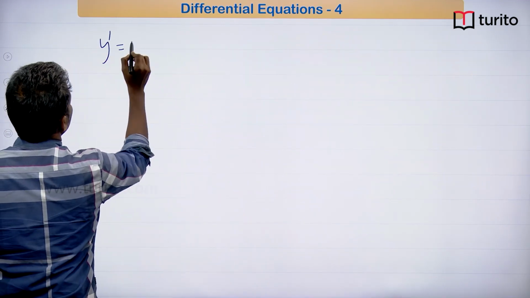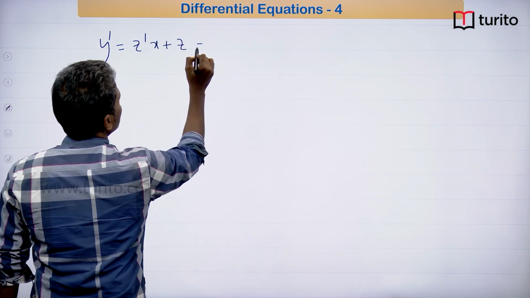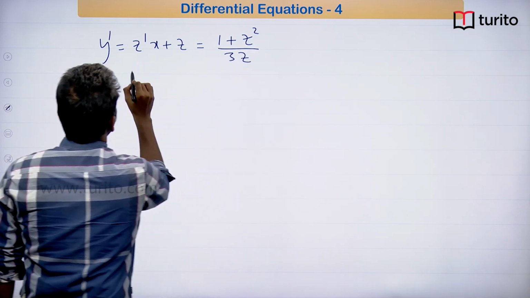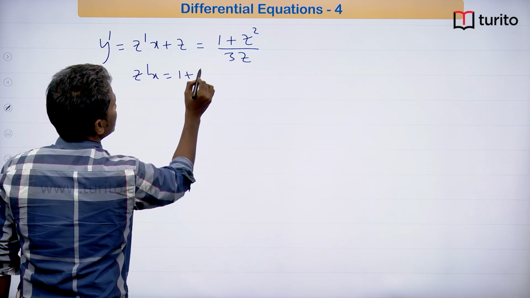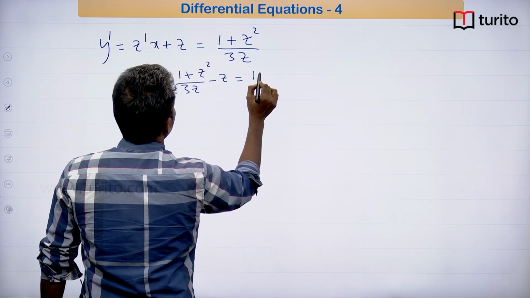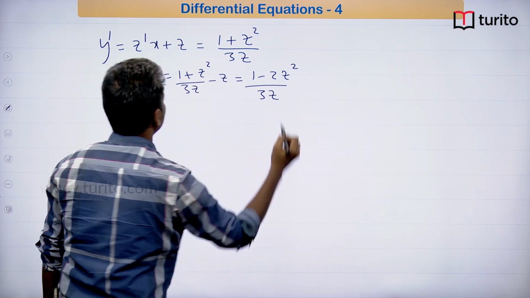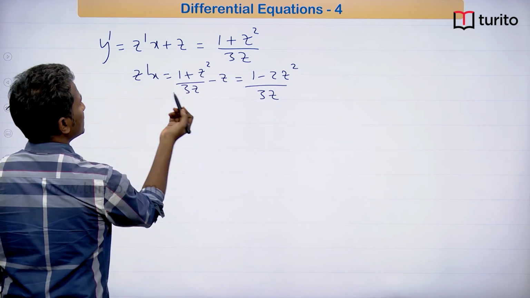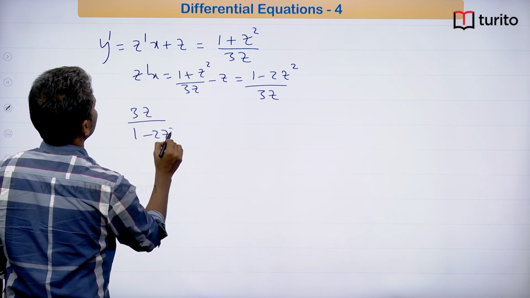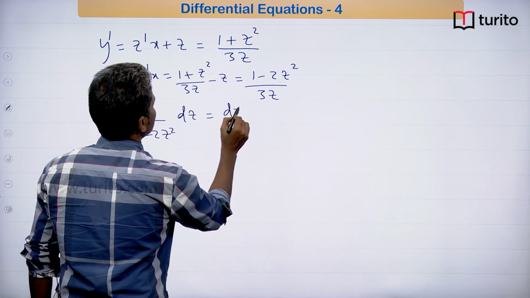So, y dash equal to z dash into x plus z, we know this, and this must be equal to 1 plus z square by 3z. So, z dash into x will become 1 plus z square by 3z minus z, that will be 1 minus 2z square by 3z. Okay. So, now let us separate the variables. Here we get 3z by 1 minus 2z square into dz equal to